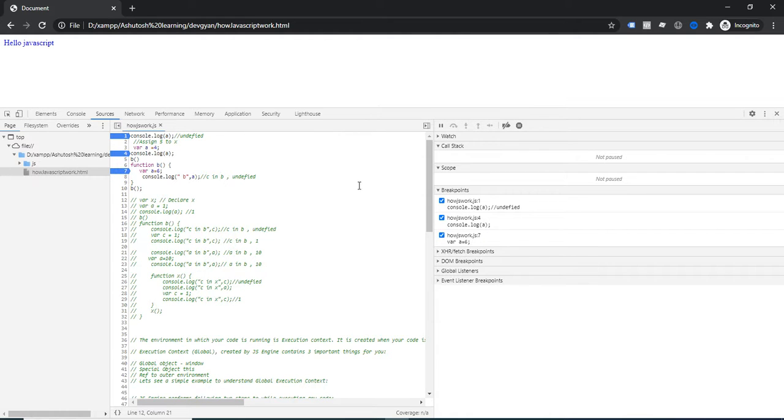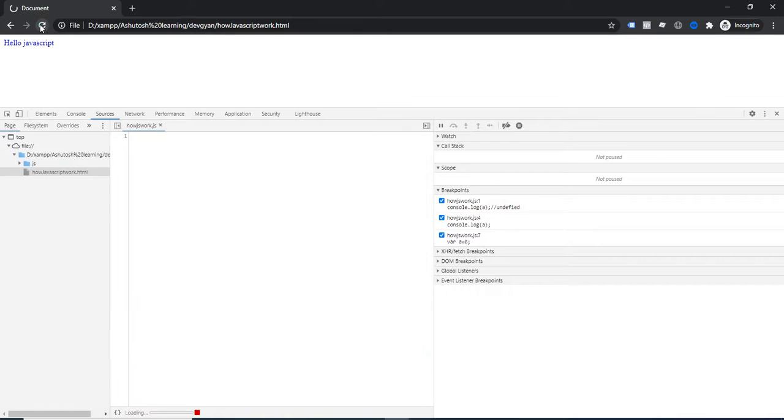In the breakpoint section you can notice lines 1, 4 and 7 are provided. It means if execution starts, then at the line where I provided a breakpoint it will not execute. This will stop execution. So let's refresh this page.